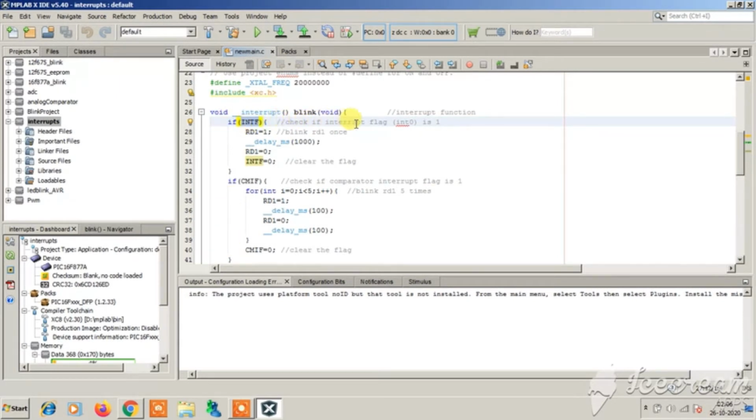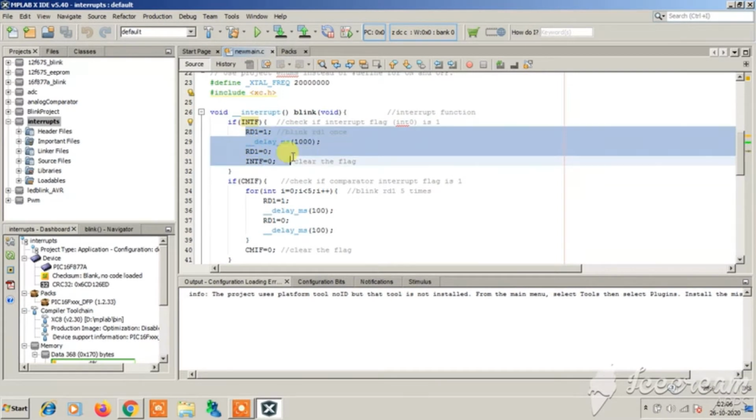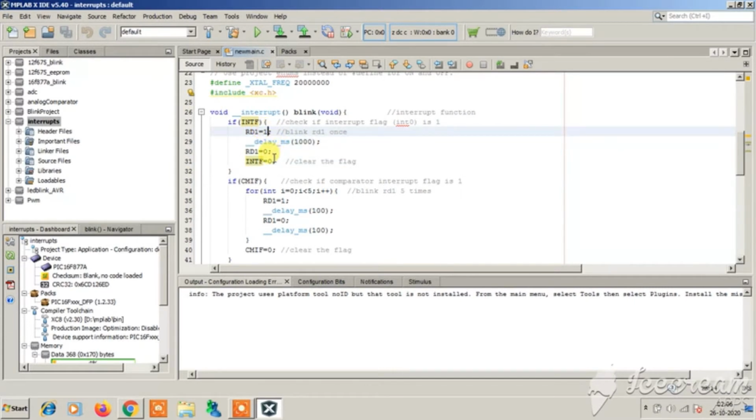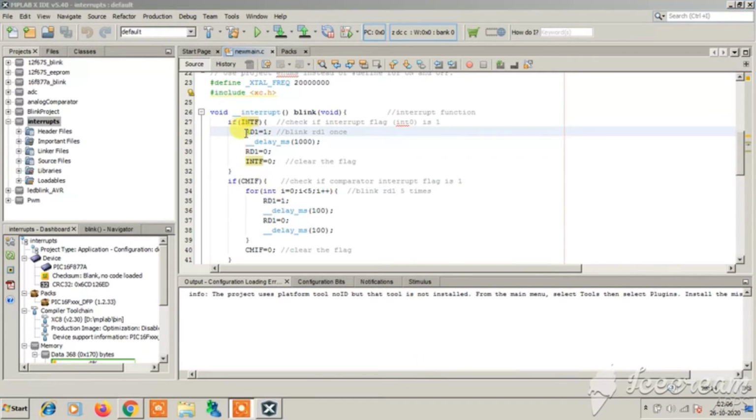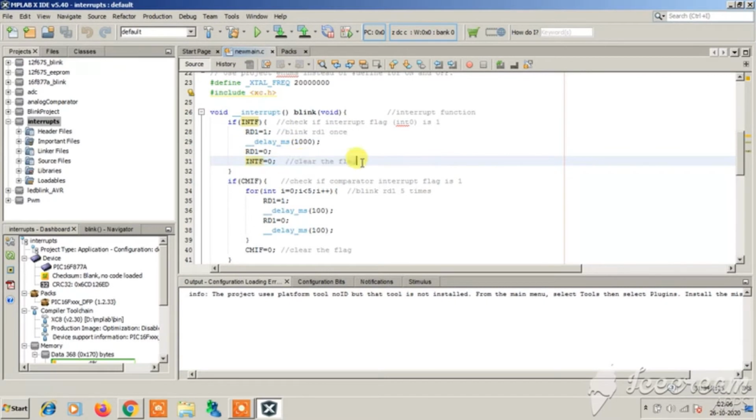If the interrupt flag bit of the external hardware interrupt, INTF, is set, then blink the RD1 LED. My onboard LED is connected to RD1, so blink RD1 once and then clear the flag. You saw the statement on the data sheet to clear the flag after serving the interrupt.